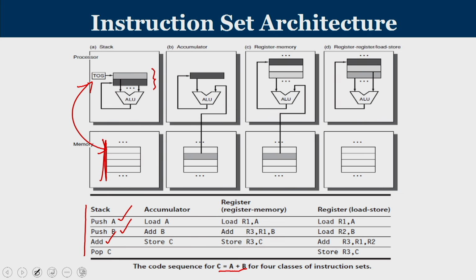In the case of a stack architecture like what I mentioned, we are not going to mention what the operand is. Only the opcode is mentioned and operands are always there in the stack. So add means take 2 elements from the stack, perform the add operation and store the result back in the stack. You can see that the result is stored back in the stack. So after the add operation, the result, that is A plus B, is available in the stack.